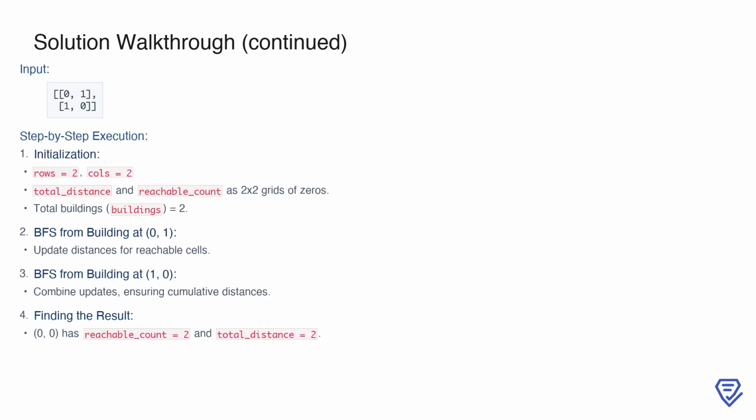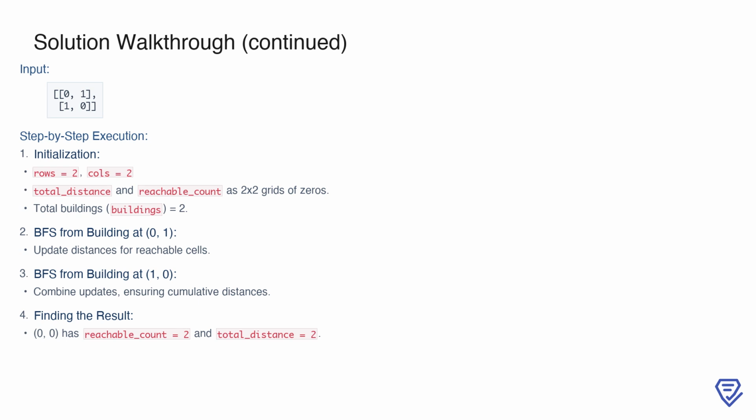In this example, the grid is smaller, with 2 buildings and 2 empty cells. After initializing the total_distance and reachable_count grids, we begin BFS from the building at 0, 1. This updates the distances and counts for reachable empty cells. Then, we perform BFS from the building at 1, 0, combining updates to account for cumulative distances. For instance, at the empty cell 0, 0, we find that it is reachable from both buildings, with a total